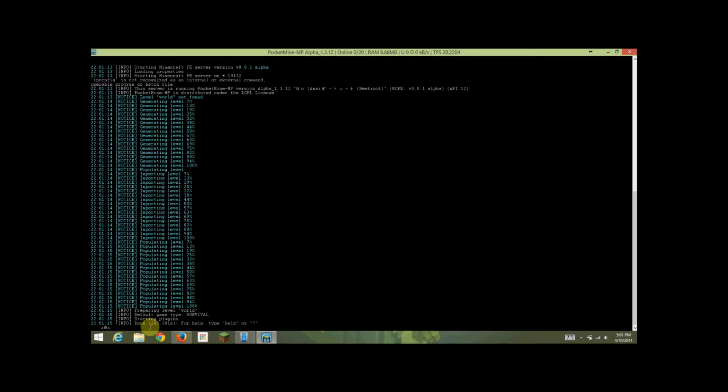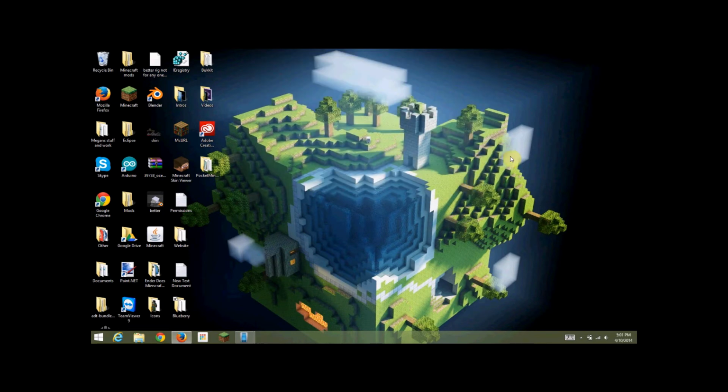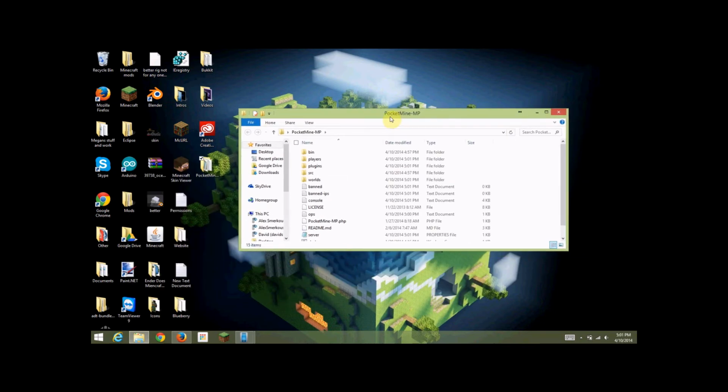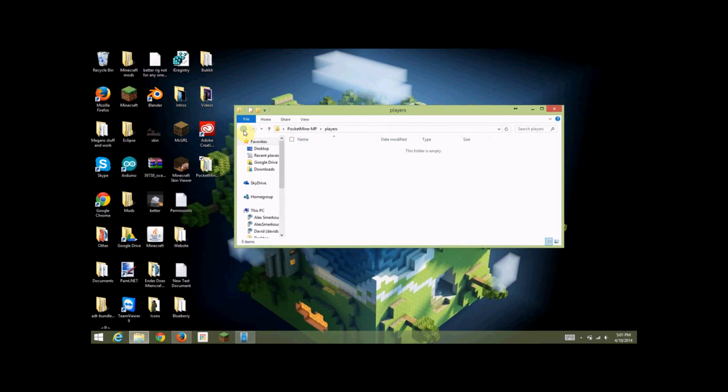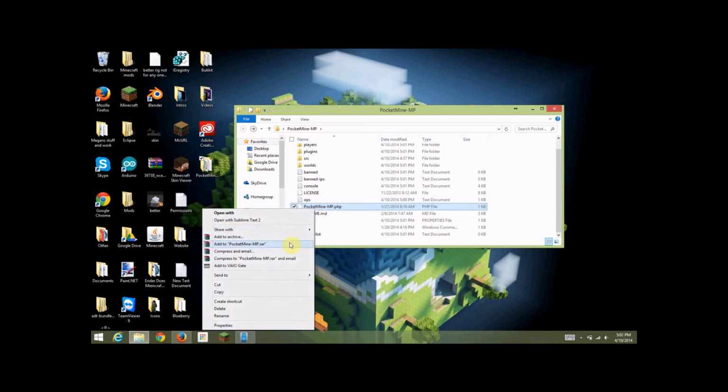Why isn't it typing anything? Okay. There, it's created a file on your desktop. You have players, it saves all the players. It's like the same thing as a regular server, except you're allowed to play it on your phone, except it's different from a bucket server. If you watch my other video how to make a bucket server, it doesn't use Java files, it uses PHP files. So